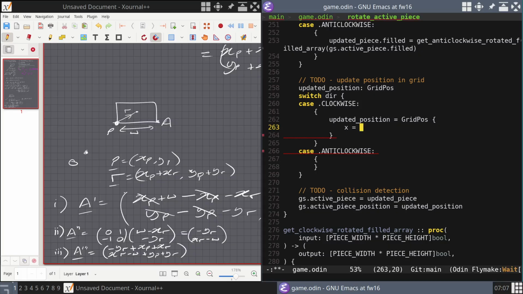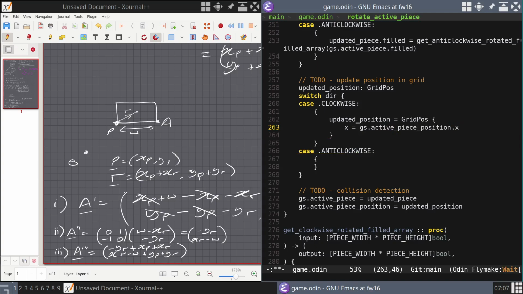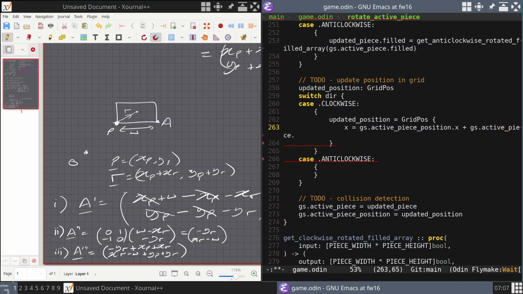Our x should be at xp, which is the game state active piece position dot x, plus game state dot active piece dot rot center dot x, minus game state dot active piece dot rot center dot y. All right, so it's xp plus xr minus yr,